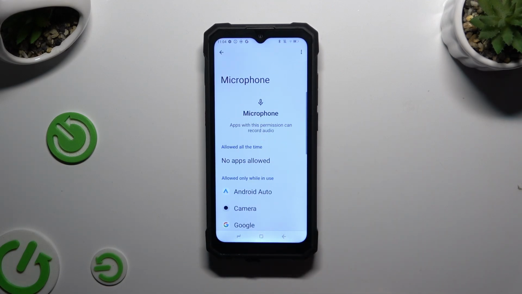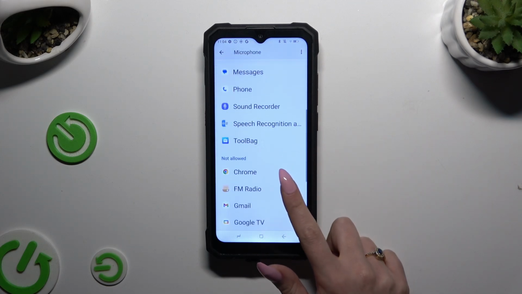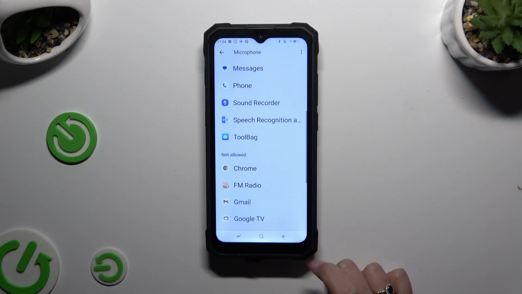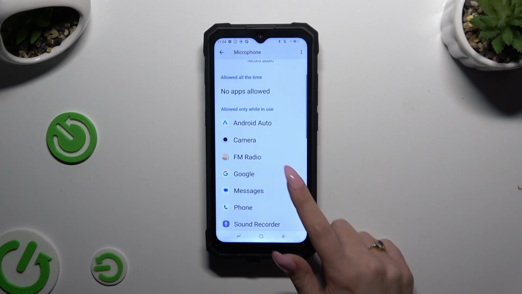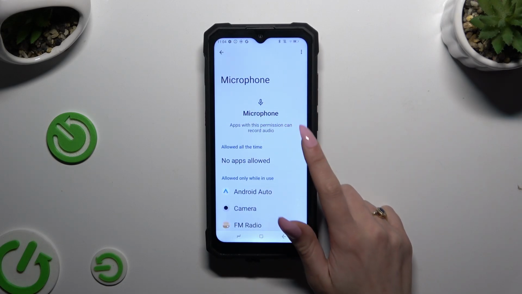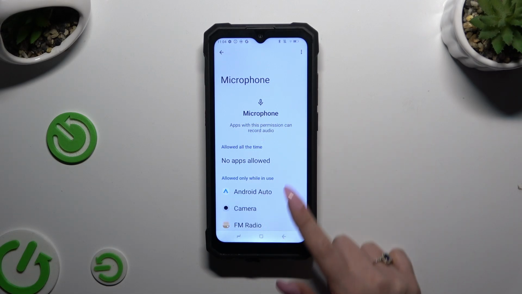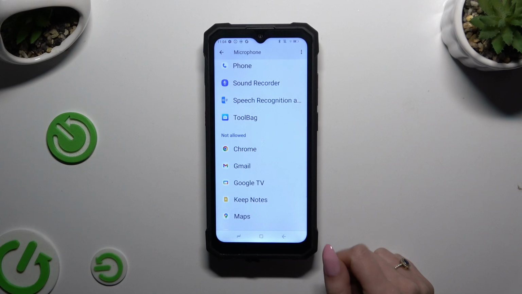Following that, click on one of your apps and tap on one of those options. In my case, allow only while using the app. So when I go back, as you can see, my radio app just gained access to this device's microphone if I'm using it. But you can always select any feature, tap on an app that you are interested in,